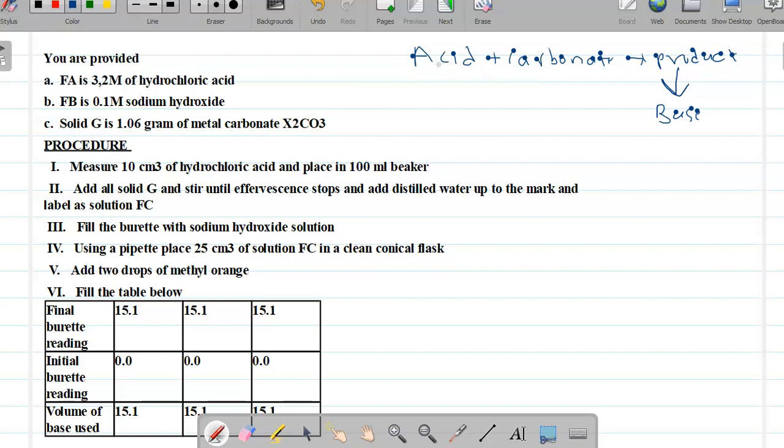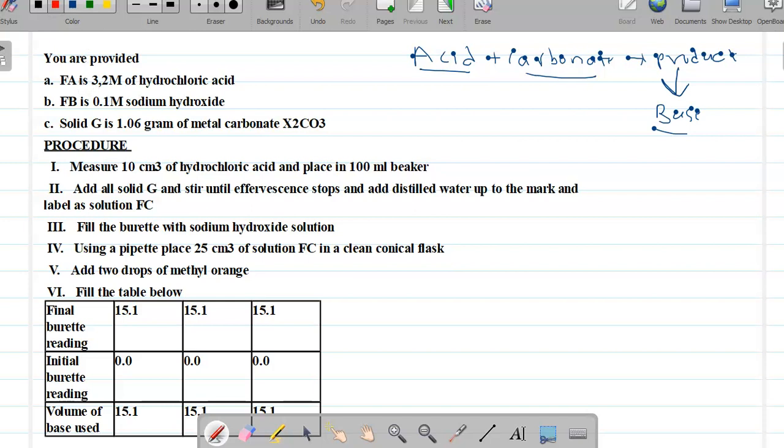To answer that question: when acid is reacted with carbonate, there is still excess acid that remains unreacted. That excess unreacted acid will further react with, or neutralize, the base to form a new product. That's what we call back titration. Therefore, back titration involves three solutions: an acid, a carbonate, and a base. So understand it that way. According to the question we have here,